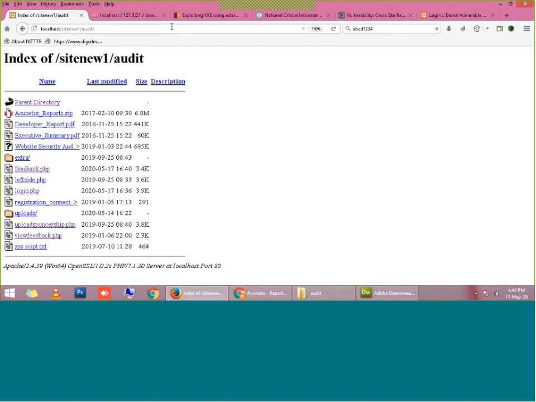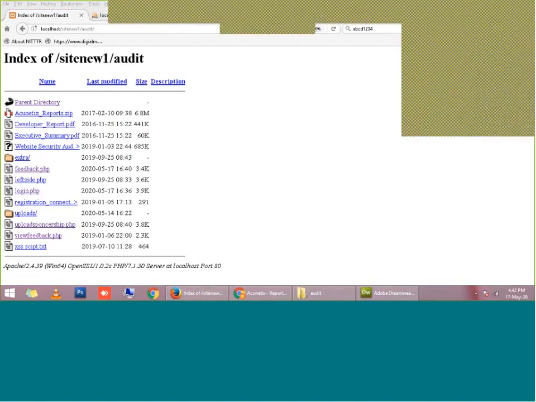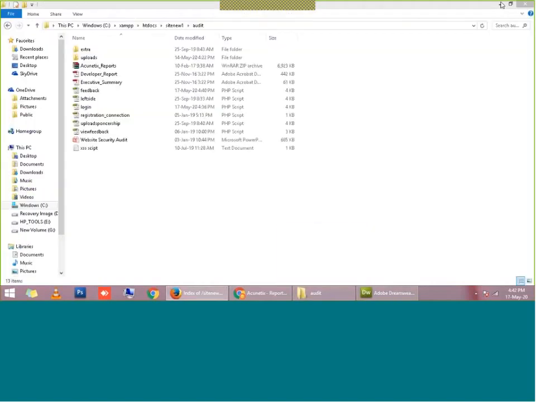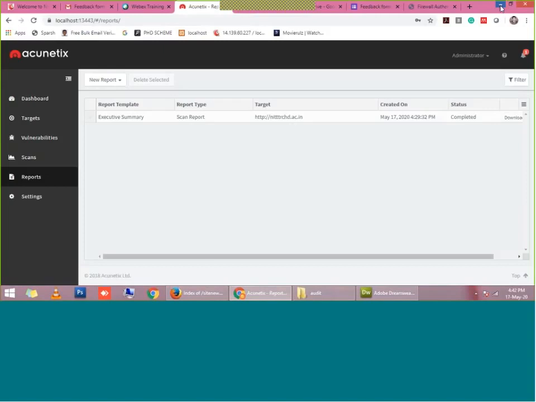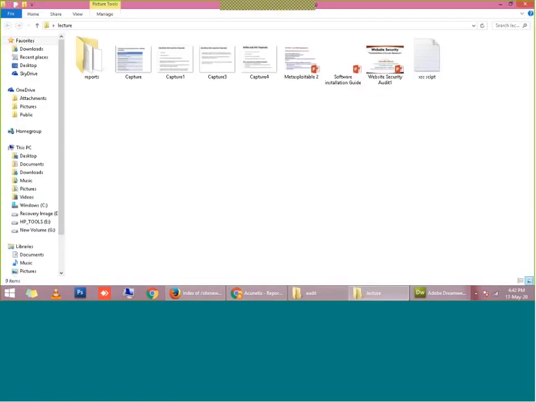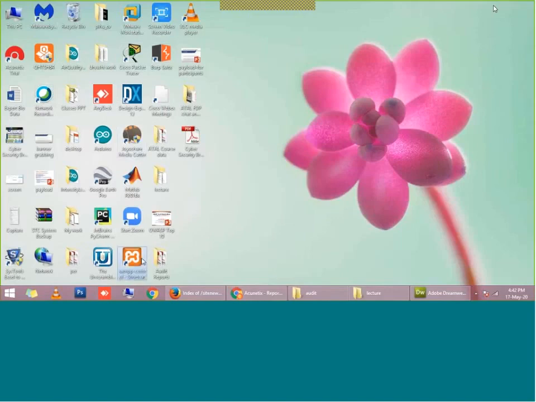So to avoid this directory traversal, I will make some small changes in my server configuration file. Let me show you what changes we should make. Where is my XAMPP?